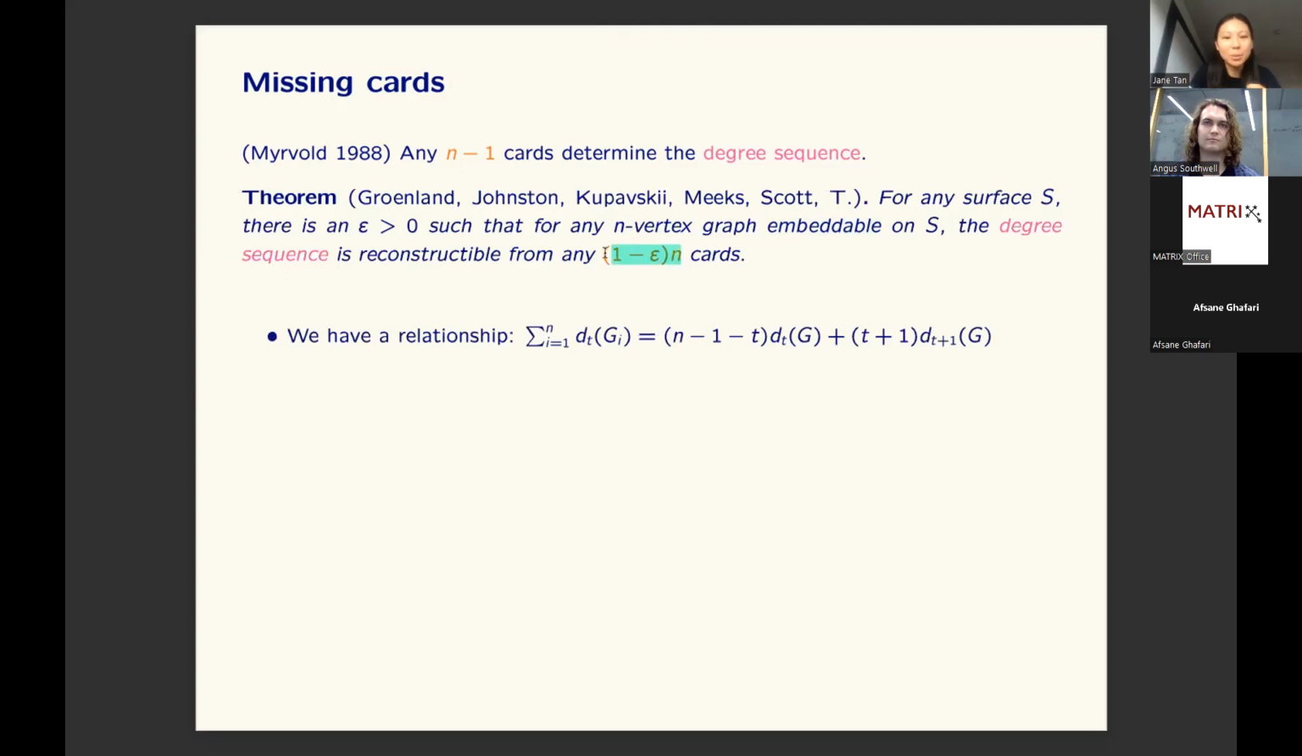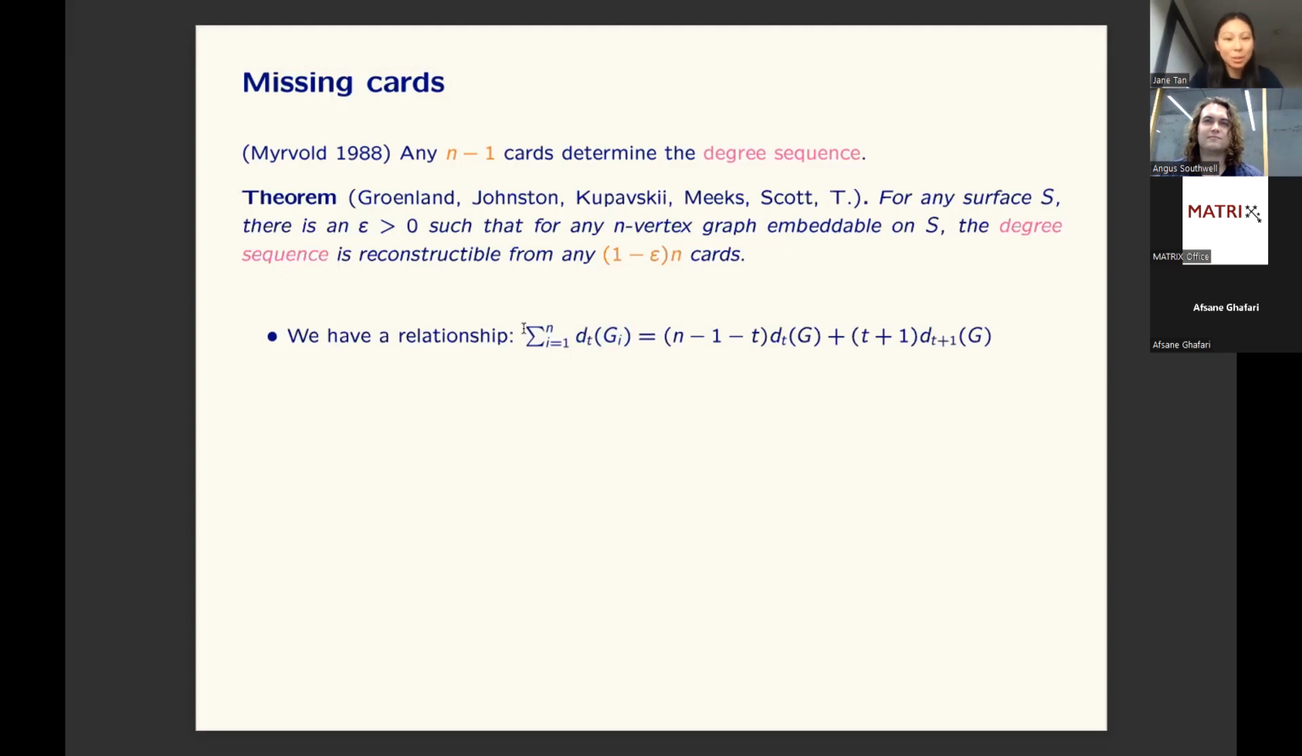It's not so simple here as with n-1 cards because we don't have this exact theorem which will spit out the last value for us. But instead what we have is this relationship, which is quite easy to show. Here I'm using d sub t to denote the number of vertices with degree t in whatever graph. To get the degree sequence, I just need to tell you what d sub t is for each t between 0 and n-1. So that's the goal. But there's this easy relationship that if I look at the total number of vertices